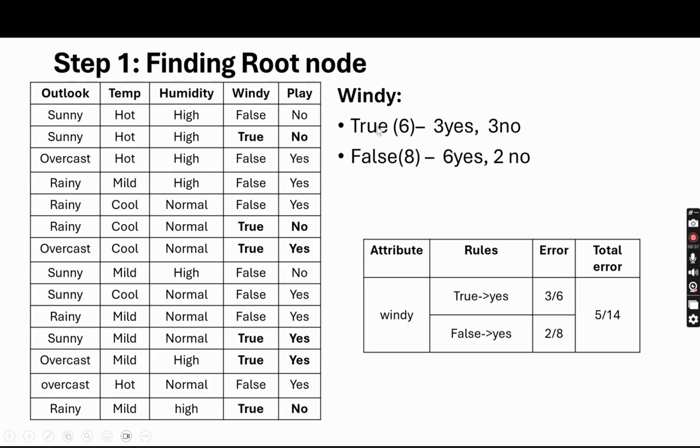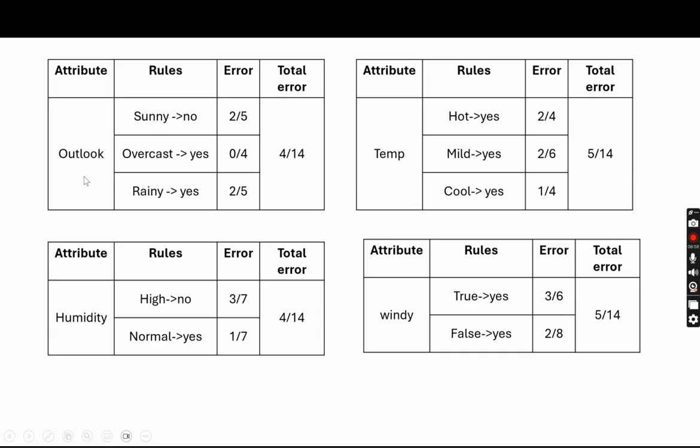So for windy, there are 2 values, true and false. Out of 6 true, there are 3 yes and 3 no, and out of 8 false, there are 6 yes and 2 no. So based on these values, the error values are calculated, and the total error value is 5 by 14. So we have calculated the error value for the 4 attributes present in the given data set: outlook,